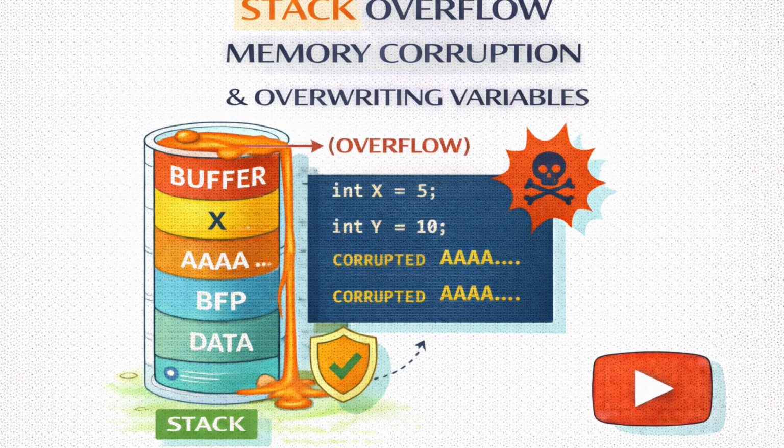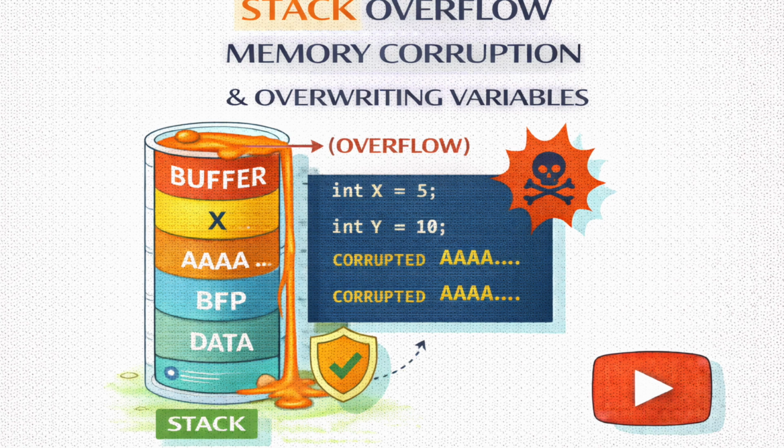Exactly. And the source makes a chilling point here. If auth flag is in a lower address, you can still overwrite other parts of the memory, including the caller's return address. And if I overwrite the return address, what happens? You aren't just tricking the password check anymore. You are hijacking the entire program. When the function tries to return, it goes to the address you wrote there. And if you point it to malicious code, that's remote code execution.